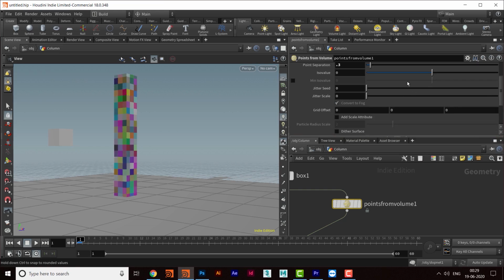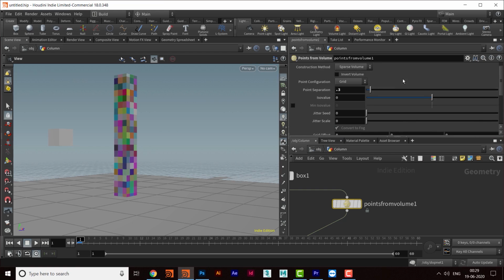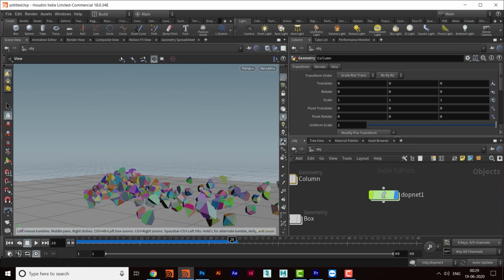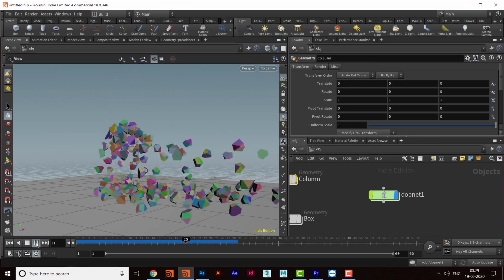One more thing we can do, we can go to point configuration and change grid method to tetrahedral method, and then here we will be getting a different kind of pattern.